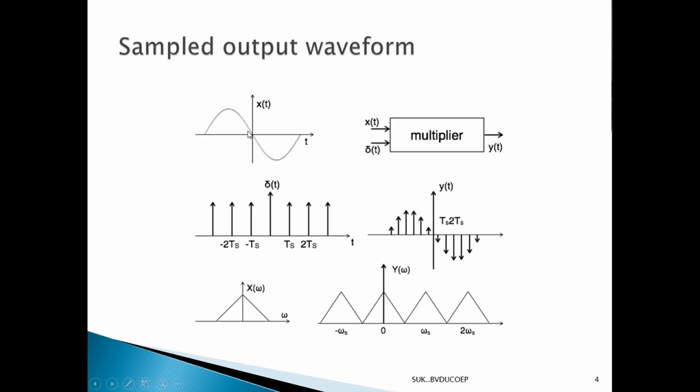So this is the input signal, this is the impulse signal, and this will be the output signal that we have explained. Here the length of the arrow indicates the amplitude of the signal. This is considered as the carrier signal, this is considered as the modulating signal, and this is the output we have seen. This is the frequency spectrum, but we will be discussing that in the next part.